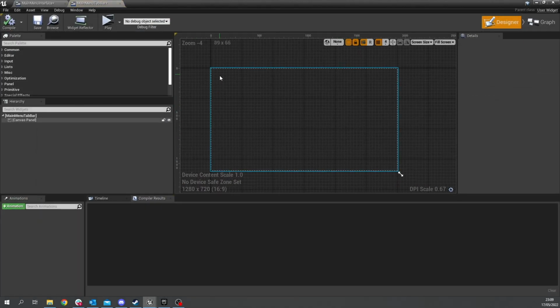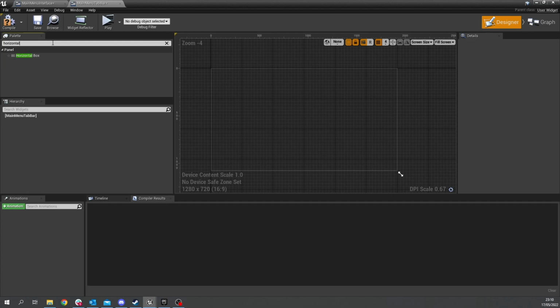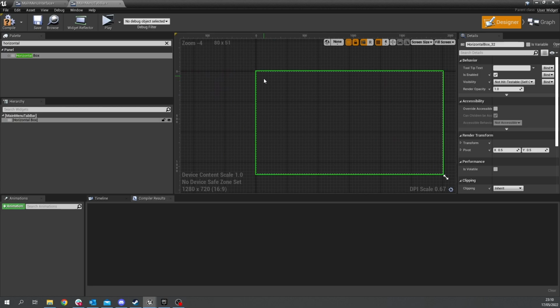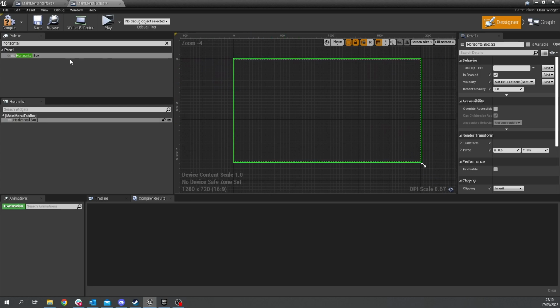Okay, so now let's design our tab bar for this. We're going to get rid of the canvas panel for now, and in its place we're going to have a horizontal box, and put that in there. And this horizontal box is going to consist of a border which will go across to the left and to the right, and then we've got 3 buttons in the middle. So in the horizontal box here we're going to create a border,